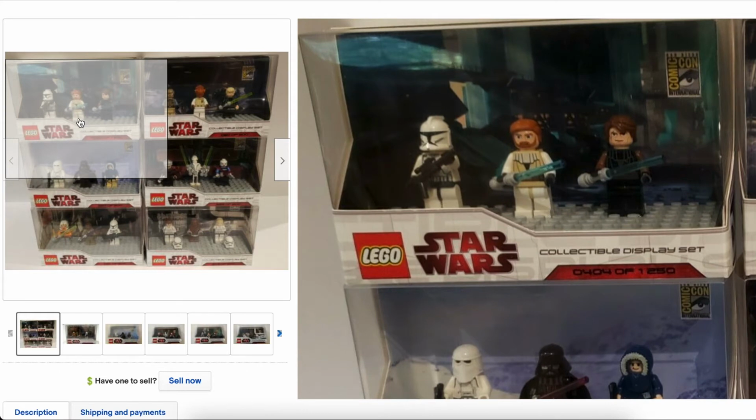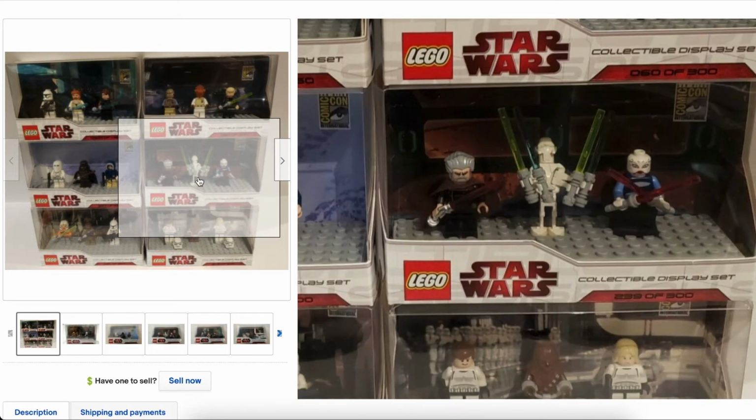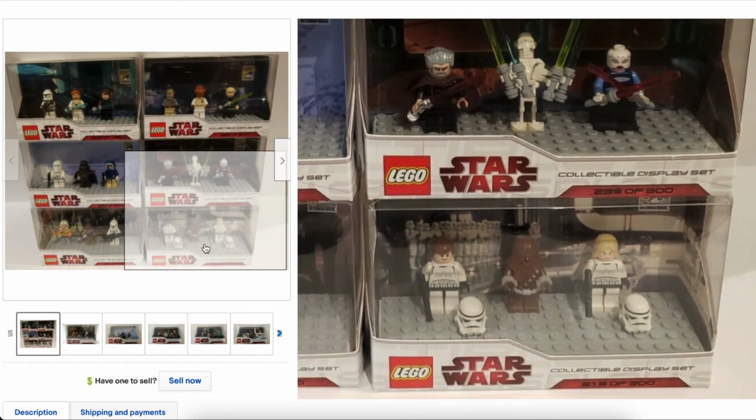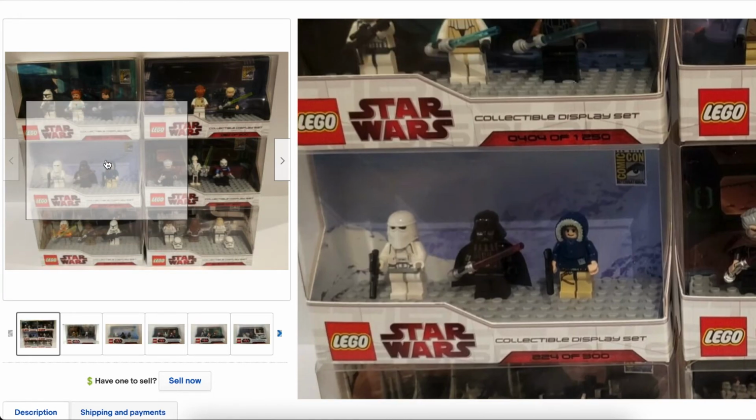So this one, like the Clone Wars one, was limited to 1,250. I've seen this one sell before, but some of these other ones are limited to 300 as well. I believe most of these other ones are 300, and then I guess it's the only one that's 1,250. So